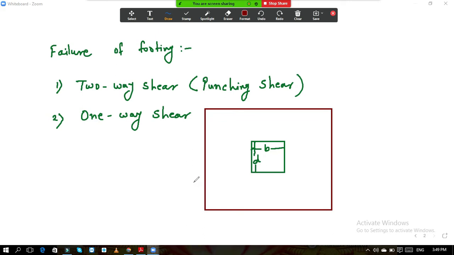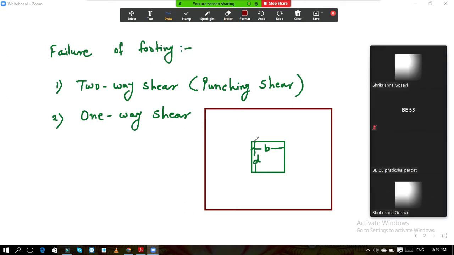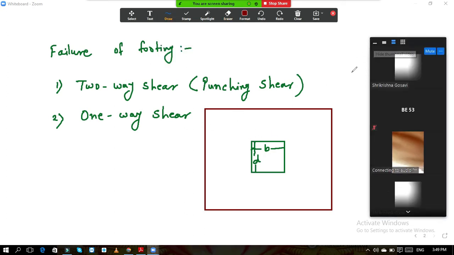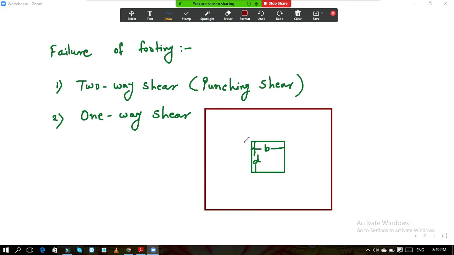See, now pay attention over here. This is the important part. So now you first understand the concept, then I will tell you. Otherwise, you will get confused about where to take B and where to take D and L. So now first, just focus here. This is the column. The width of the column is B. The depth of the column is D. B by D is the cross section of the column.